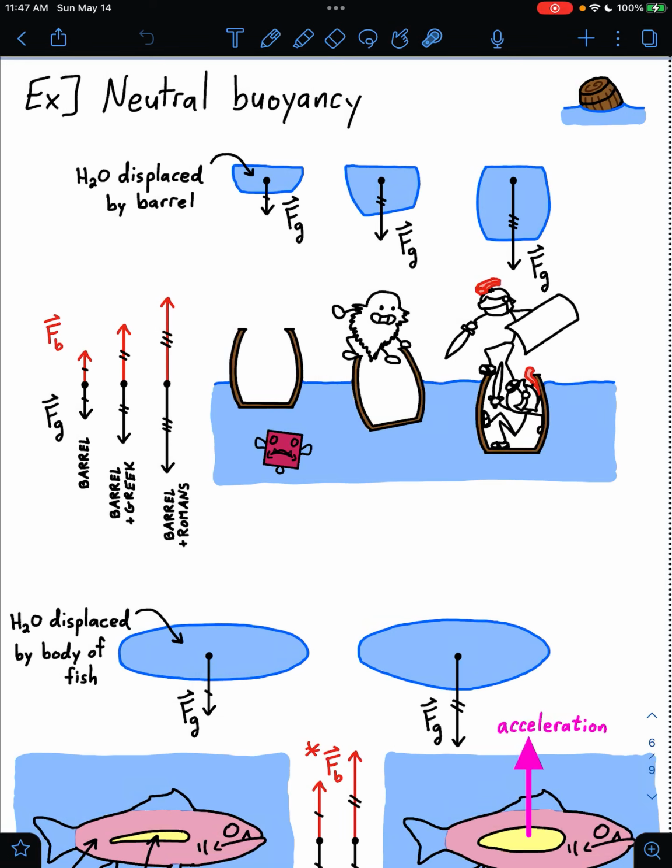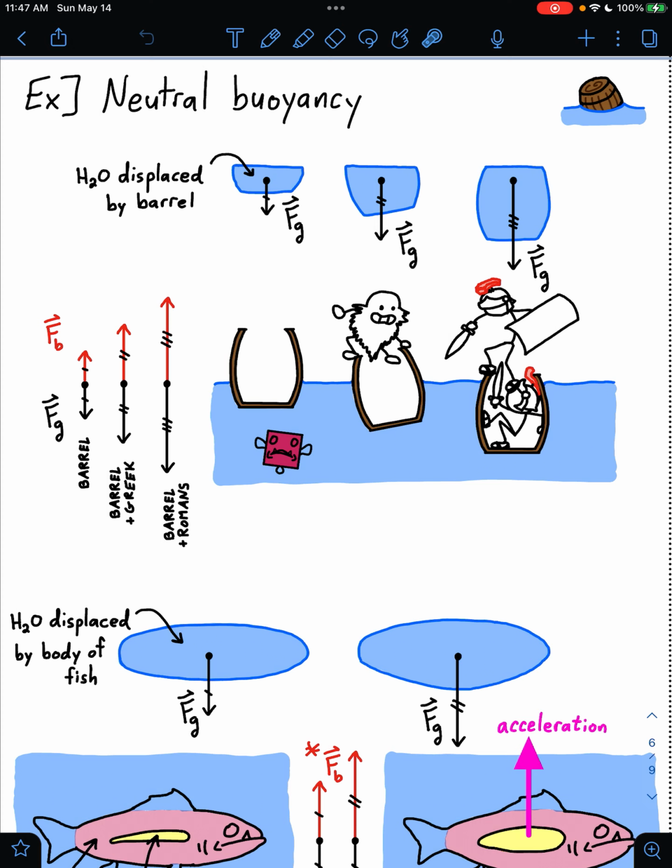Here we consider buoyancy arrangements for 4 systems that can be neutrally buoyant: boats, animals, balloons, and ice. So first, boats or barrels here. If we have some floating barrels, let's take this first one here, sitting in the water, a certain depth down